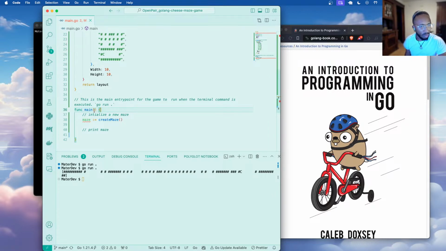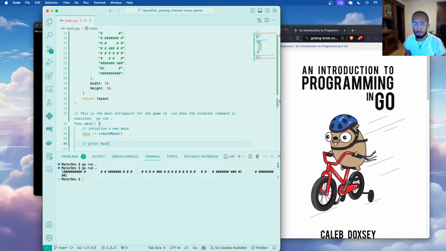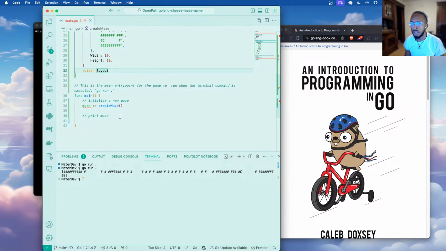So, let's go ahead and make this printer. It's going to be a function called print maze, and this is going to have